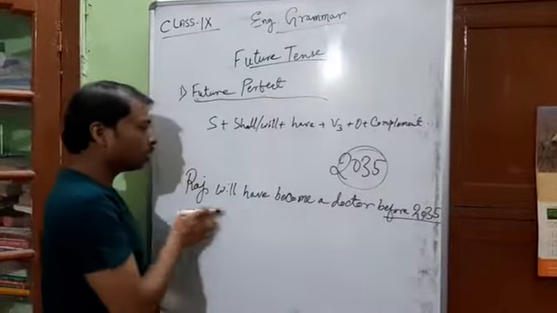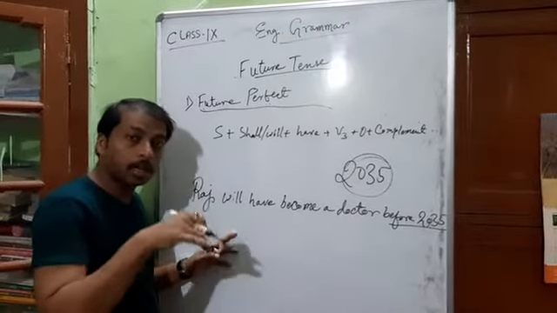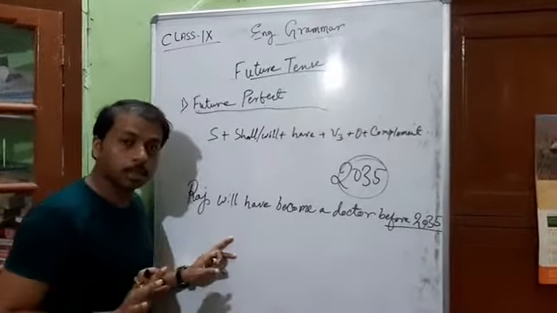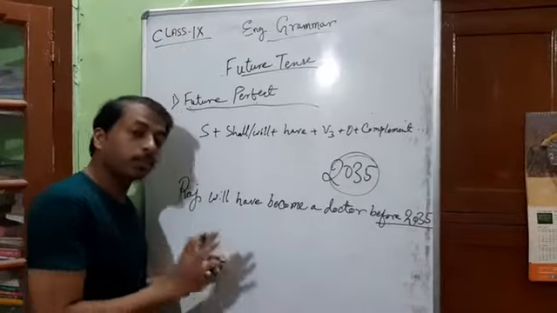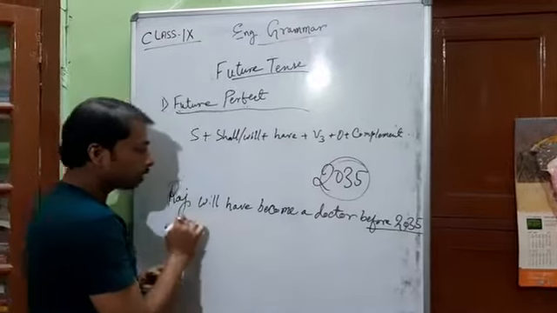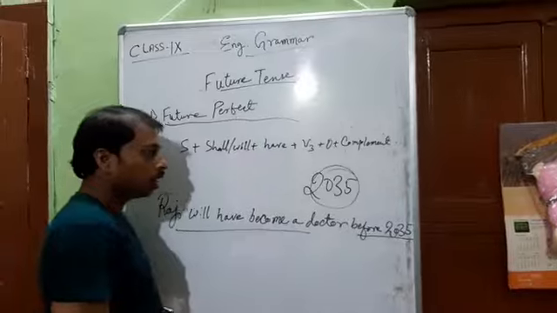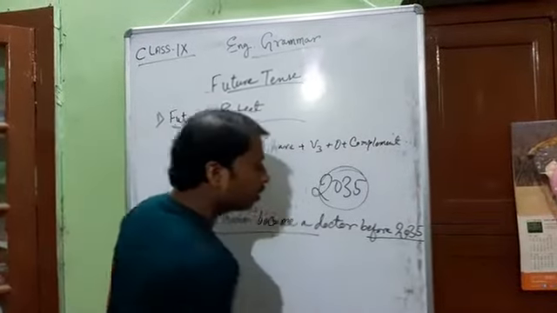Before that time this action will happen. Now this action has not happened at present. This action has not taken place. But this action will be finished before 2035. So such actions are regarded in future perfect tense. I hope you understood this. Now coming to the next